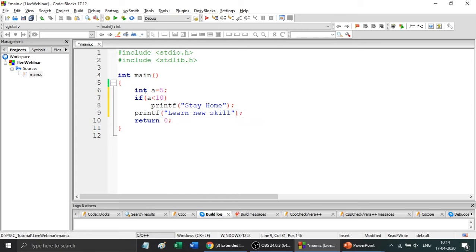So here I have put an if statement and assigned the value of a equal to 5. As per this program, this condition is true, so I will get stay home and then upskill, that is learn new skill. Let me execute this program and check whether our understanding is correct.